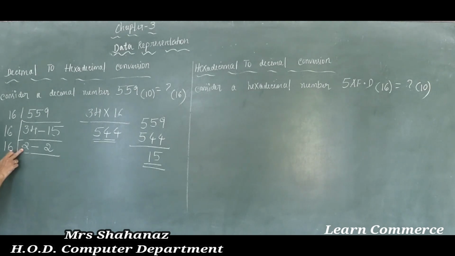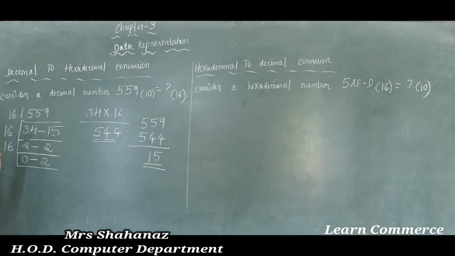The quotient value is not equal to 0. Now a quotient value of 2 is there, which is not equal to 0, so we need to divide by 16. But it is not possible to divide 2 by 16, correct? So now I take the quotient value 0, and the remainder 2 I write here. Clear? That means we completed step 1, step 2 and also step 3 here.